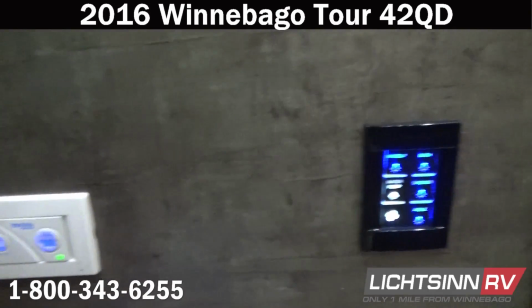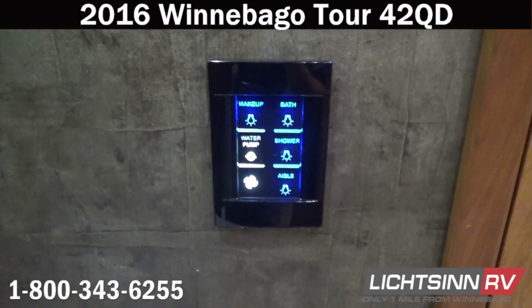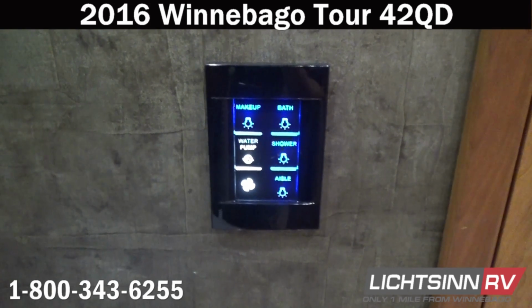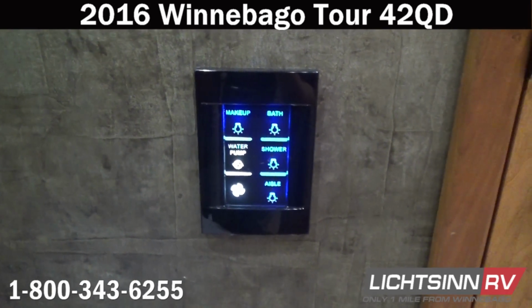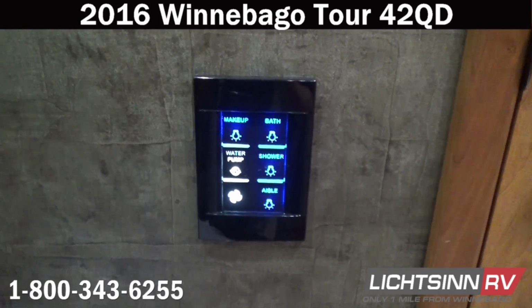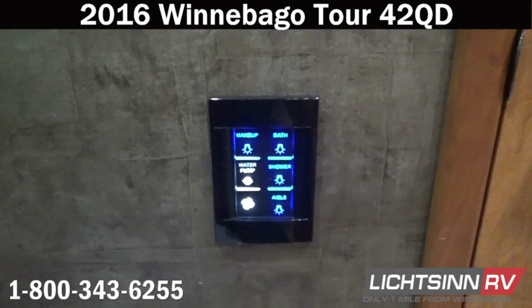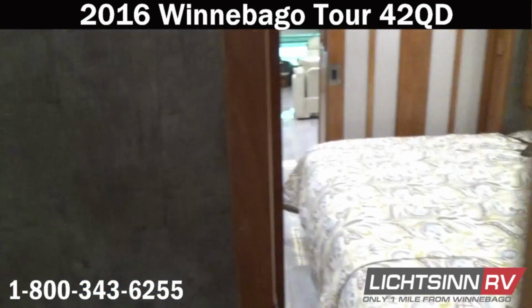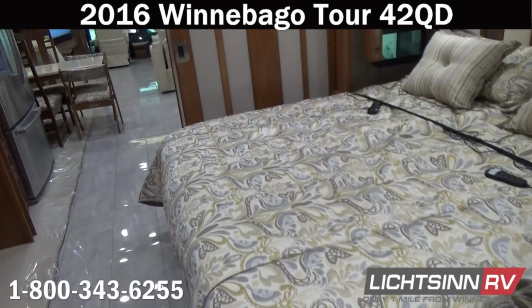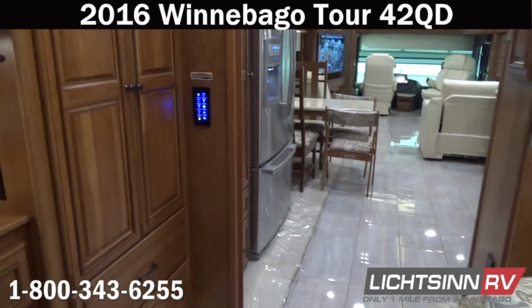Continuing on with some specifications, the coach includes 85 gallons of total freshwater capacity, 71 in the gray and 51 in the black. Here you'll see yet again another panel for the Firefly individual centralized switching components. As we exit the master bath and work our way through the master suite now,